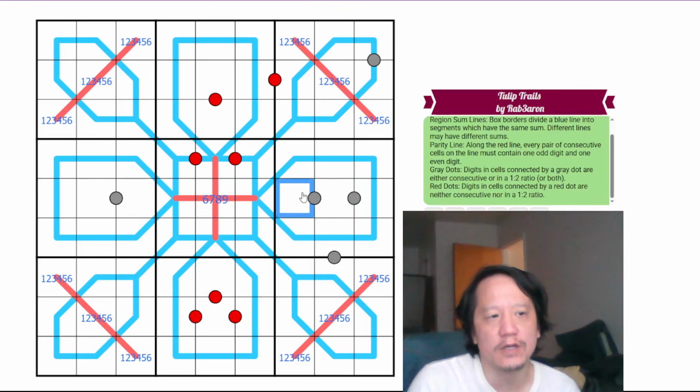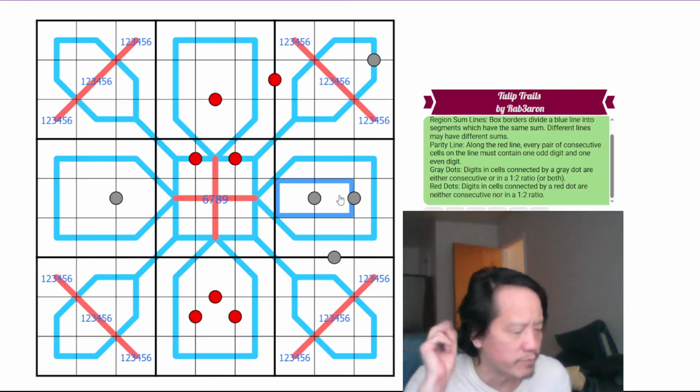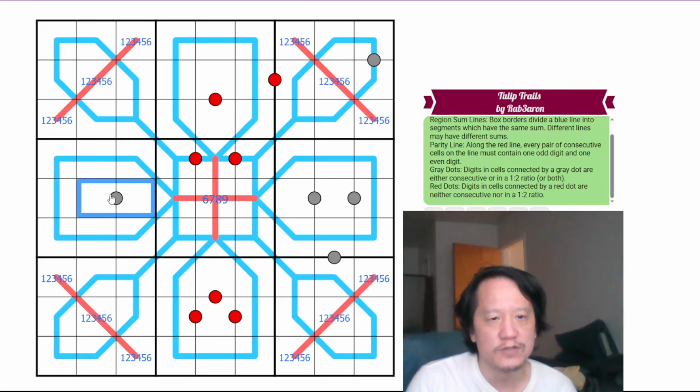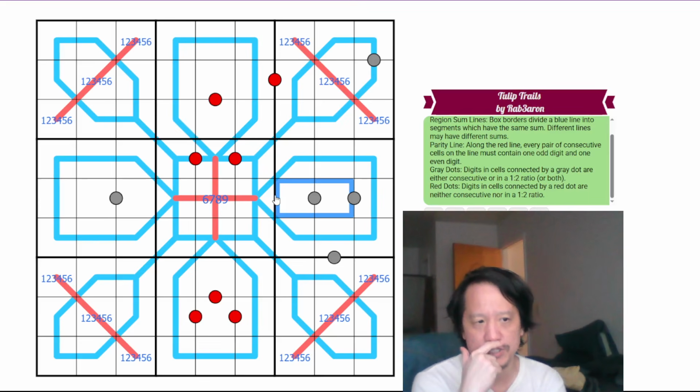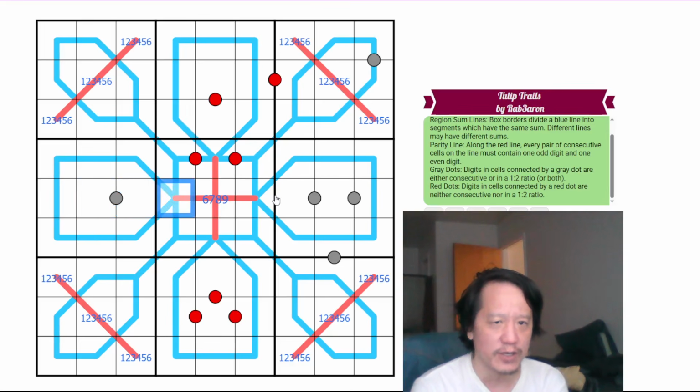Oh, they have to be either in a 1-to-2 ratio, or they have to be consecutive. And there's no way you can be both for both of these digits. So one of these is going to be consecutive, and the other one's going to be in a 1-to-2 ratio. I think that means this has to be 9, because 6 and 8 cannot be the sum of consecutive digits, right? So this is going to have to be either consecutive or in a 1-to-2 ratio, but there's only